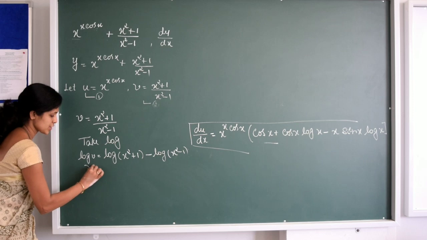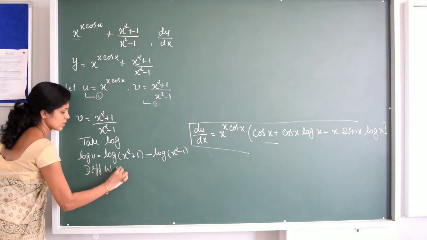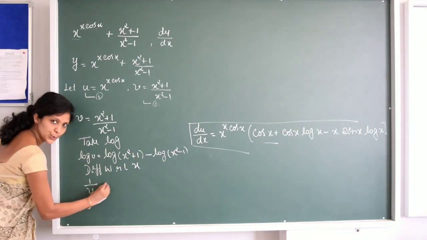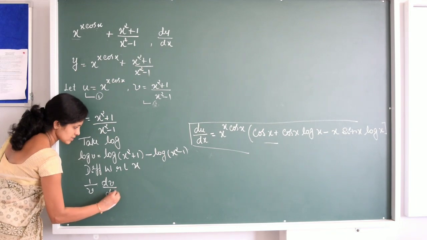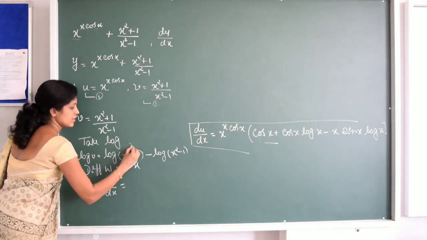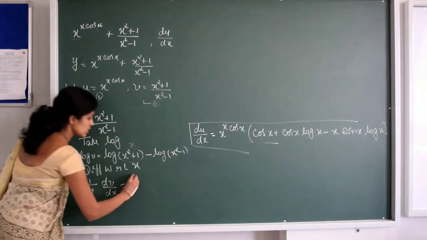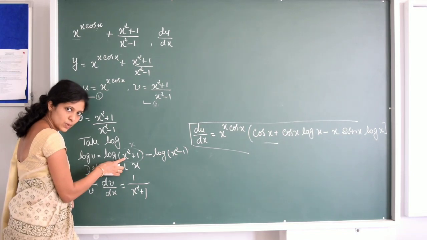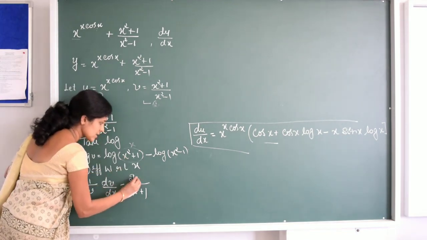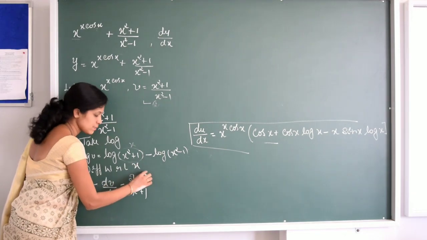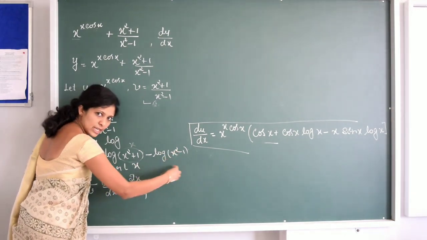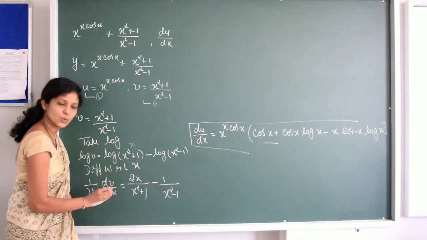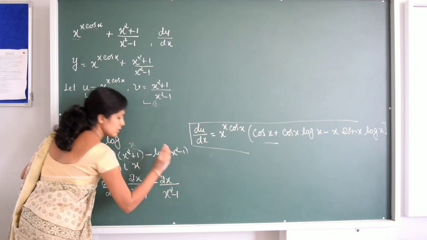Then now we will differentiate with respect to x. So derivative of log v with respect to x will be 1 by v into dv by dx. So this is equal to, the form log x, right? Derivative of log x is 1 by x. So this is now 1 by x square plus 1. This is done. Now you have to differentiate this one. Derivative of x square will be 2x and derivative of 1 will be 0, that is plus 0. Right? Minus, this is of the form again log x. So this will be now 1 by x square minus 1. Derivative of x square is 2x minus derivative of 1 will be 0.